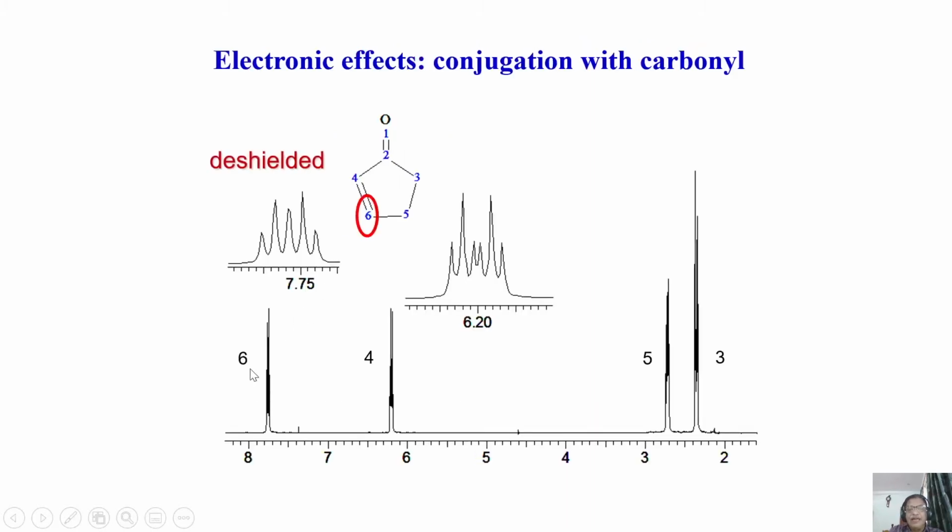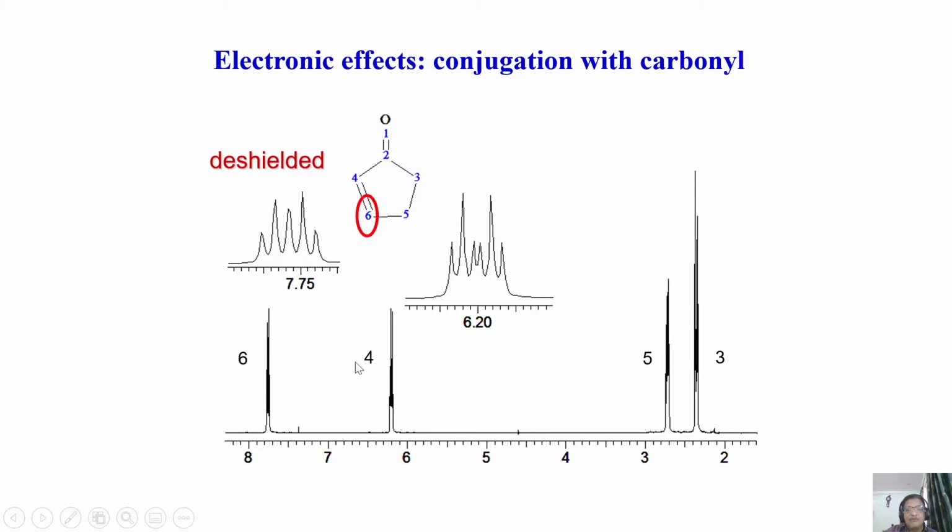And the electronic effect can be seen with a carbonyl group. If a carbonyl is attached here like this, you see what is going to happen, how the protons get affected. This proton is more de-shielded, of course there's a double bond here, you can see that, whereas this proton on the other hand moves to 2.8 ppm. See the difference, how these electronic effects can drastically change the chemical shifts, especially when you are conjugated with a carbonyl group.